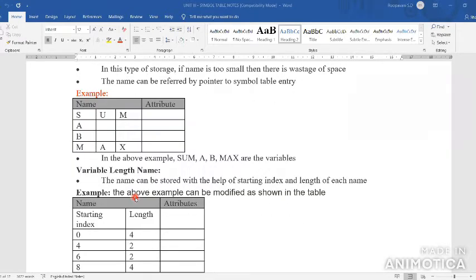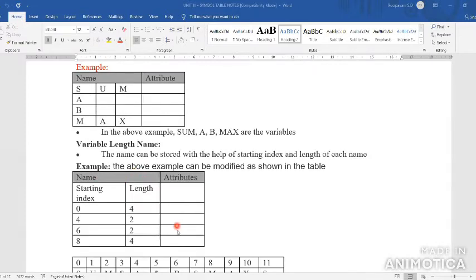Second one, variable length name. Variable length name means the name can be stored with the help of the starting index and length of each name. So here the symbol table format is name and attributes. In that name, you have to divide it into 2 parts. One is the starting index, another is the length.